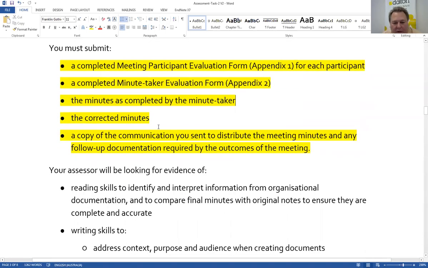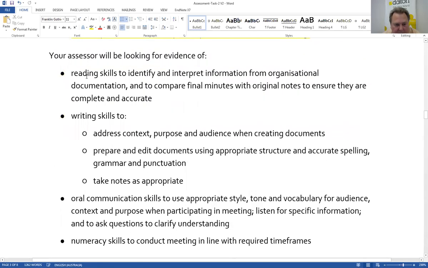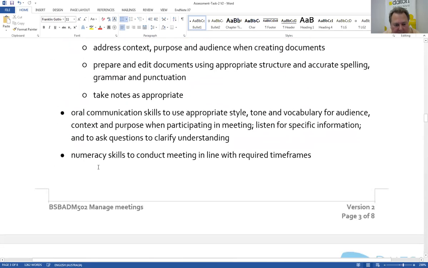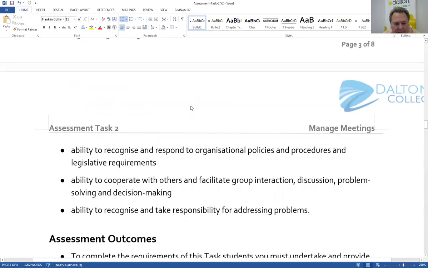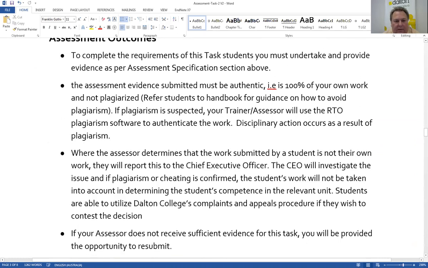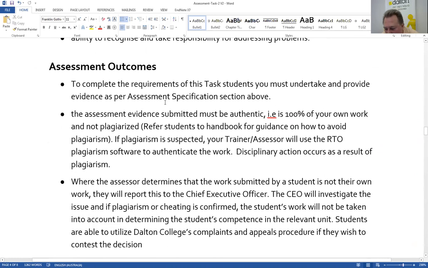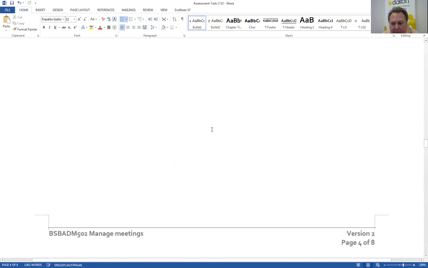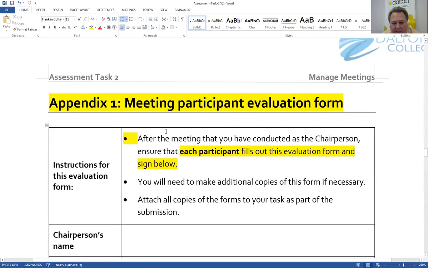Your assessor will be looking for evidence of reading, writing skills, oral and numeracy skills. You can read the stuff in your own time there, as well as the assessment outcomes. So don't forget, good practice. Highlight the important bits in yellow there. Appendix 1, meeting participant evaluation for each participant. Fills out this evaluation form, signs below. So every one of you,